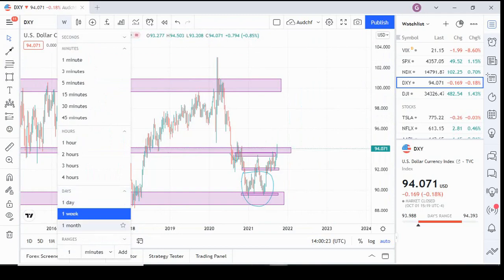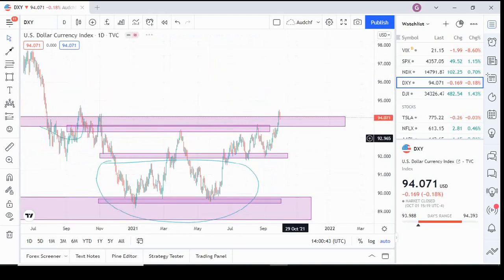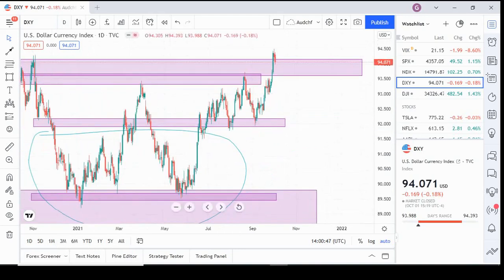But then we have seen that price has bounced. It has created the double bottom right over there, and we are anticipating that it will move from this lower level to our resistance area right over there. Now with the daily, we actually